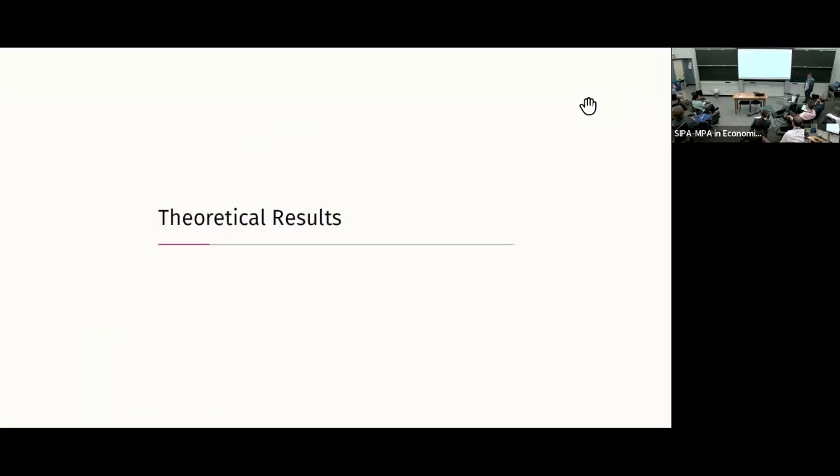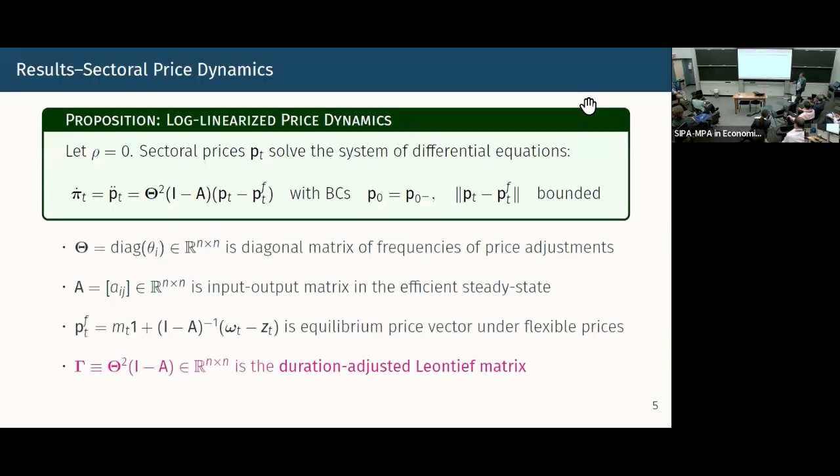So that's the environment. Okay, so how do we solve this? When I take that economy, you can show that under the proper assumptions for the production functions and the utility function that I showed you, there is a unique fixed point as an efficient steady state. By efficient, I mean we have imposed the subsidies of the New Keynesian model in every sector such that the allocation that prevails in the steady state is the same as the allocation that the planner would choose under no shocks. And then we linearize around that steady state.